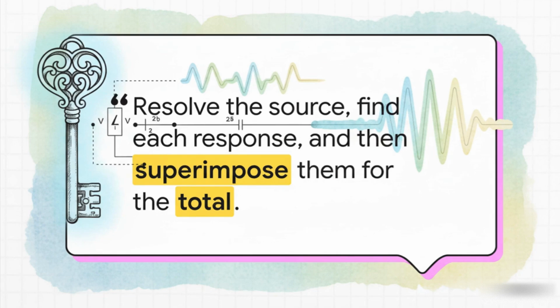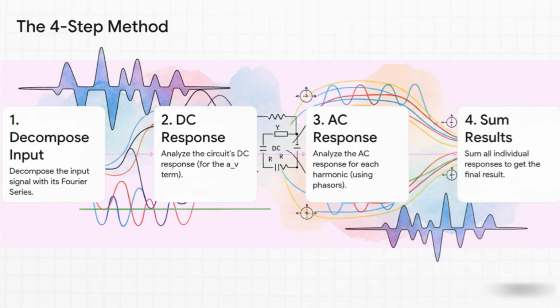It means we can look at the circuit's response to each simple ingredient all by itself, and then, at the very end, just add all those individual responses up to get the final answer. So this gives us a really clear step-by-step game plan. Step 1, find the Fourier series of your input signal. Step 2,